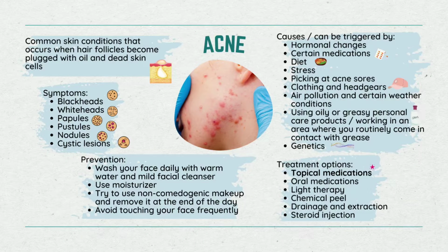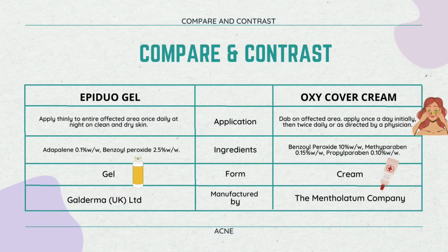When you have acne, the treatment options include topical medications, oral medications, light therapy, chemical peel, drainage and extraction, and steroid injection. Compare and contrast between two products that can be used to treat acne, which are Epidogel and Oxy